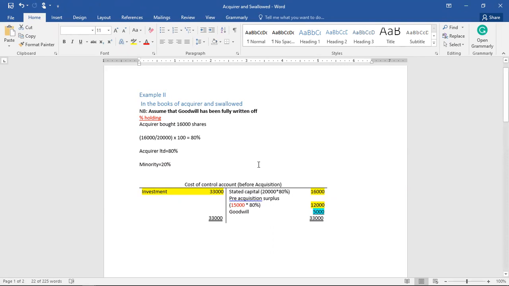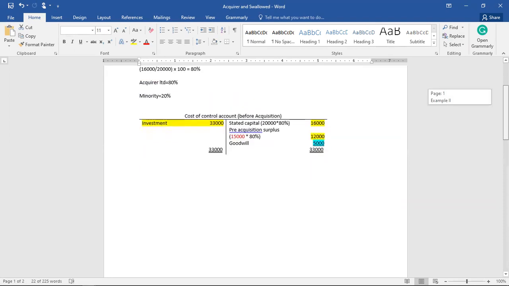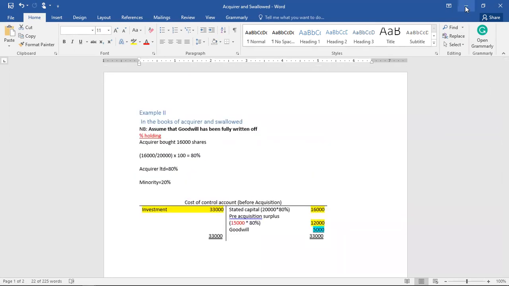So based on what I've explained so far, I think you should be able to handle that assignment with ease. If you are still finding problems, then you have to go and look for the Professor's opinion. That's just by the way.